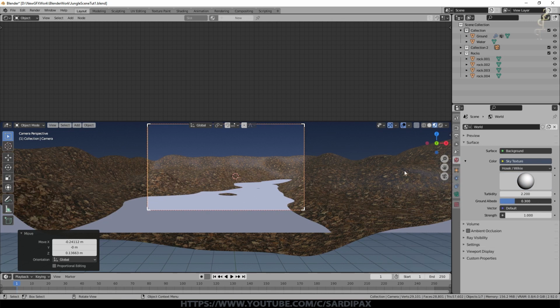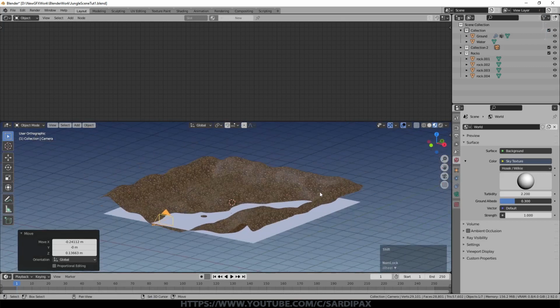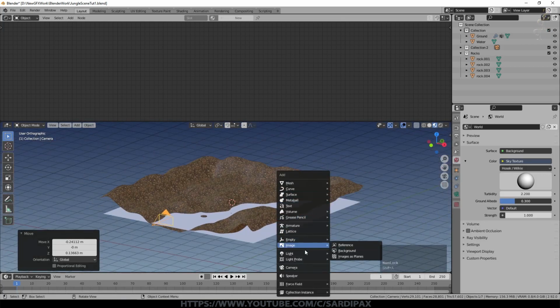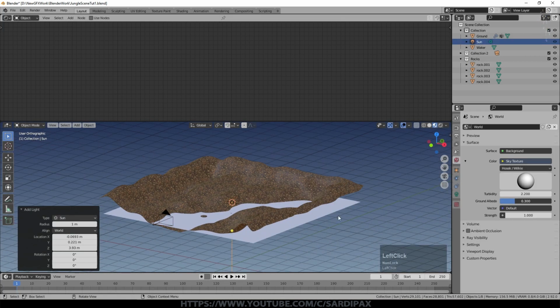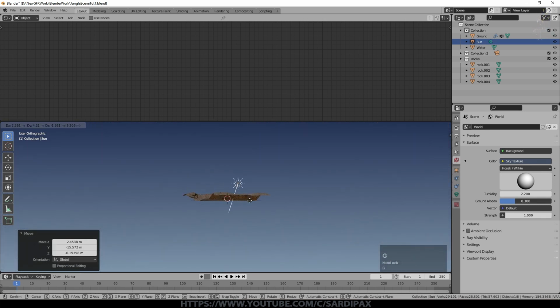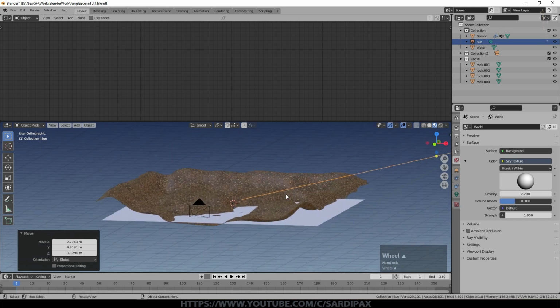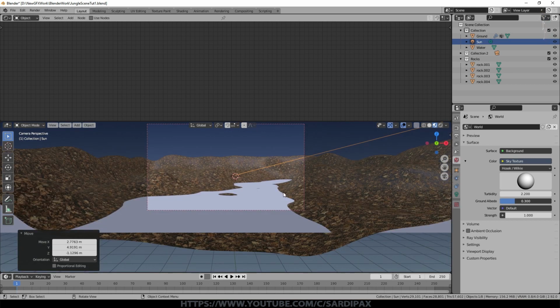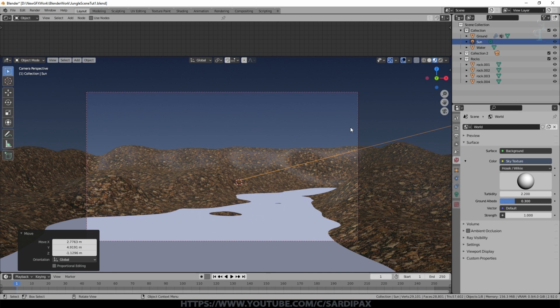It does simulate the sun, but I like to add my own sun because I can play around with it more easily. I'm going to add a lamp or light, which is a sun lamp. It's often easy to make your scenes too dark. Even if you want a dark scene, you still need quite a lot of light in order to see something that may seem just right to you, may be way too dark on one person's setup and way too bright on another.